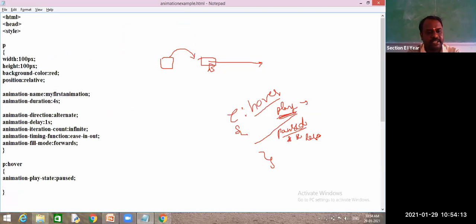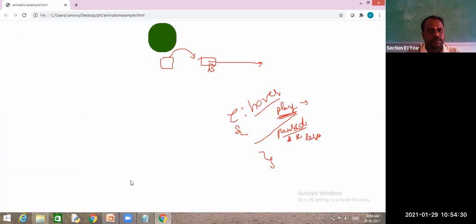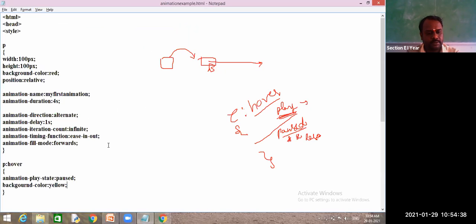So what do I write here? Which color do I want to change? Background color, to yellow. Now let us check whether it applies or not. What happened?